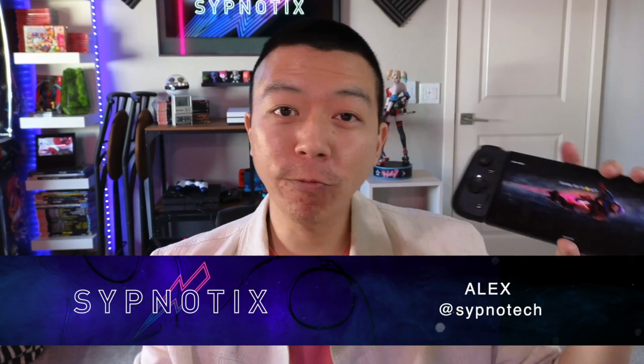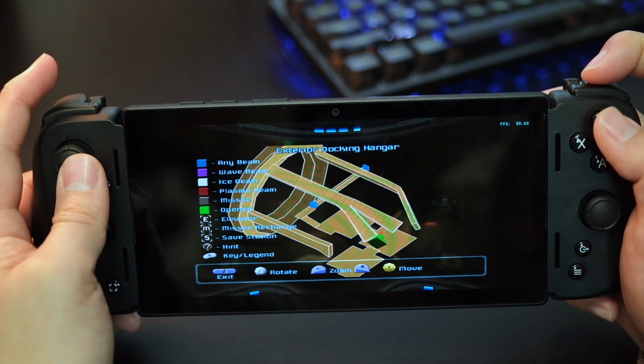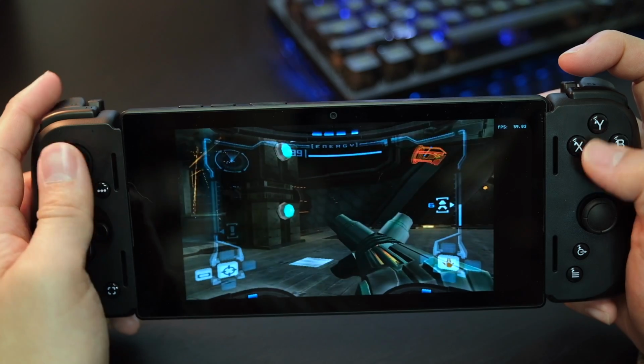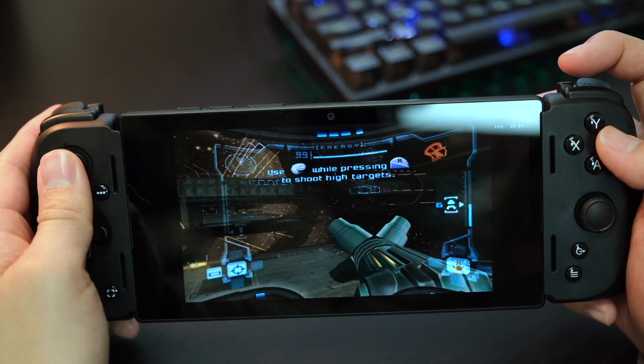You are now entering the Sypnotix, and today we're talking about the Razer Edge. No, it's not Scott Hall's finisher, although I love Scott Hall, rest in peace, but it does share the same name. But this is an Android tablet from the gaming company Razer, and I have to say I really enjoy this. I like this a lot more than I thought I would, but there's something so ridiculously dumb about this